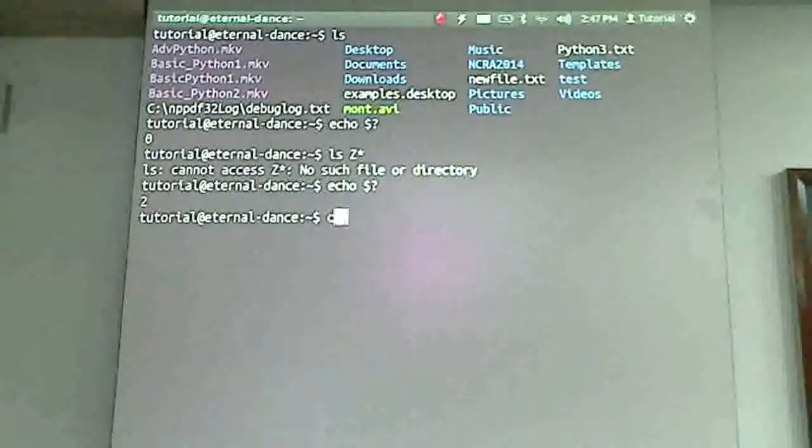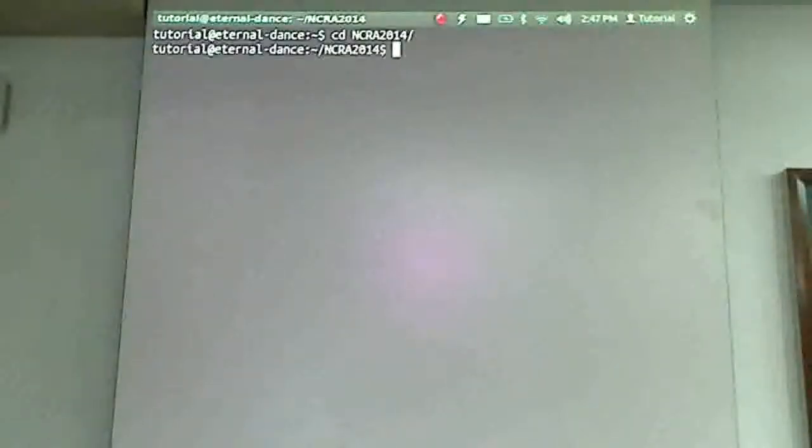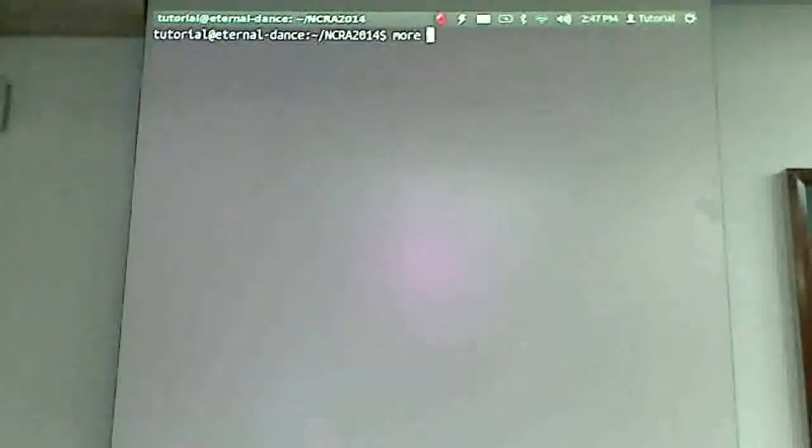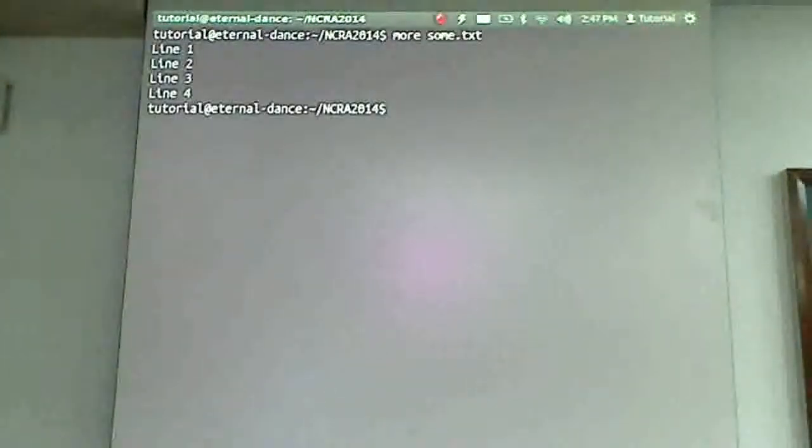So let's see how this program works. This is the demo file. It contains 4 lines called line 1, line 2, line 3, line 4. I'm calling my program spacer.py.